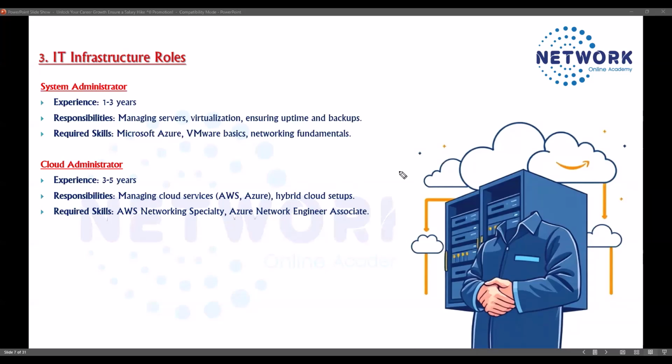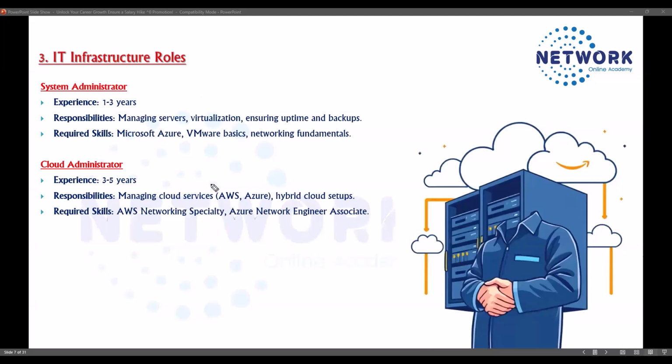Okay, so typically you have a dedicated role like desktop support. We are not getting into the desktop support role because it is more on the desktop side. You don't do much on the networking side. But when you start as a system or network administrator, you will be managing the servers and virtual machines, and making sure that you do the backups and that your servers are up and running all the time. Now, the majority of the skill set required is some cloud platforms like AWS,